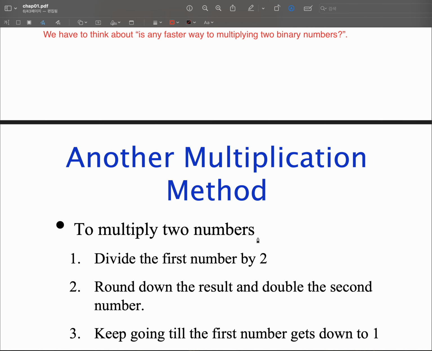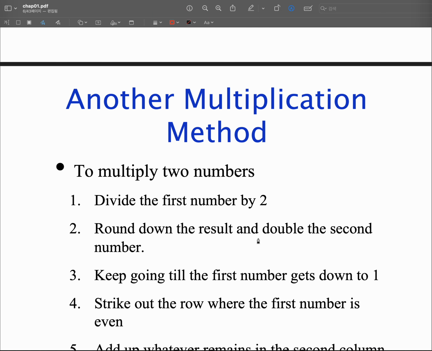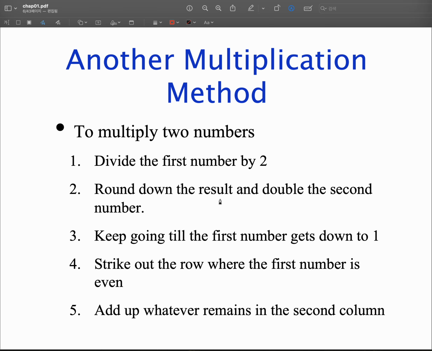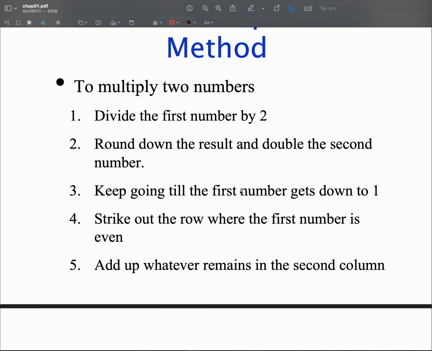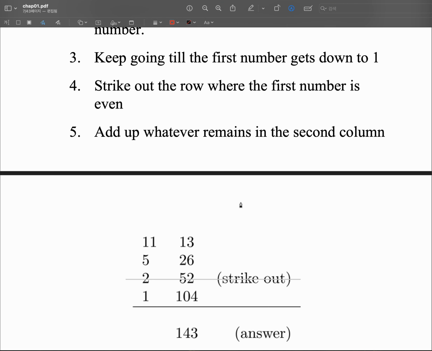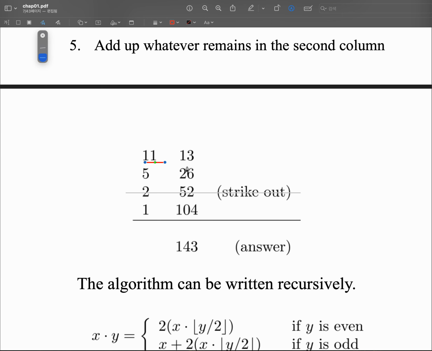Okay, so maybe we can consider the next alternative method to multiplying two numbers. The basic idea is simple. You have two numbers, and to multiply them, rather than using some kind of multiplication method, just